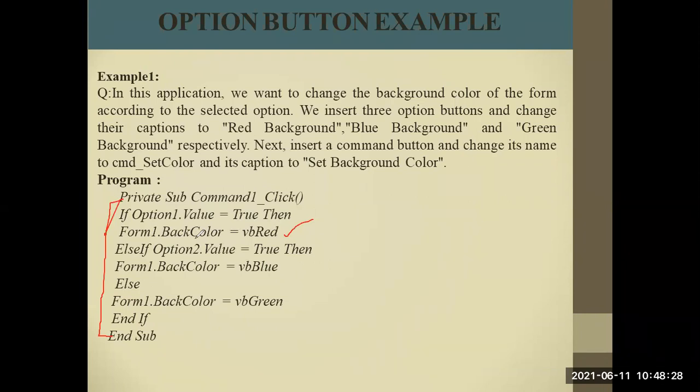If you choose the second option, with value equal to true, then it will set the background color to blue. And if you choose the third option, then the background color will be green.